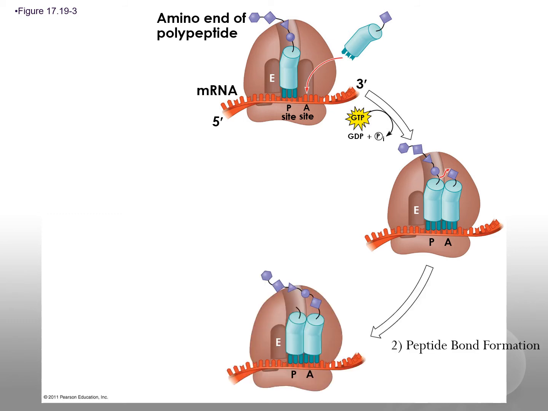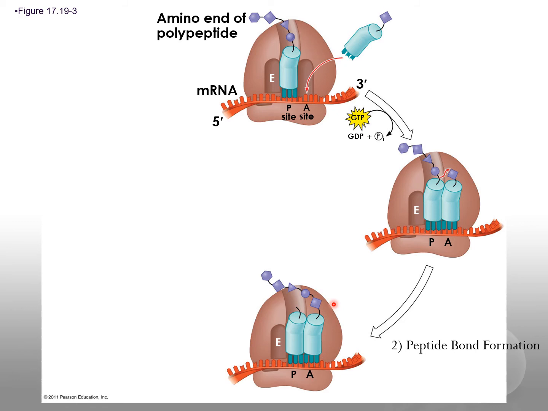The second step is going to be involving the peptide bond formation. So you can see that's kind of starting here. So you can see the growing peptide, and the last amino acid that was added to the growing peptide is this circle. Well, now the circle is going to be attached to the diamond, which is the next amino acid. So you can see that occurred right here. That is the formation of the peptide bond. Okay, so a peptide bond occurred between the circle and this diamond, which was the new amino acid being attached